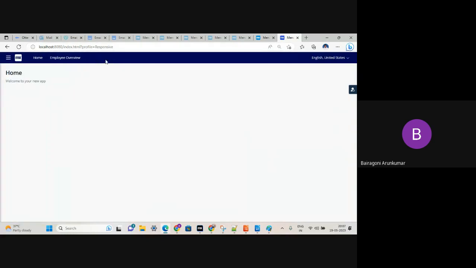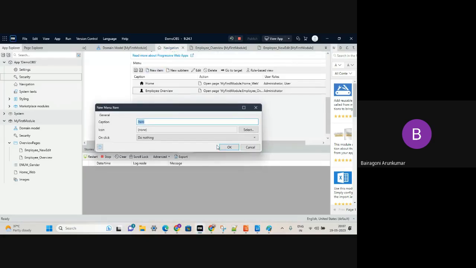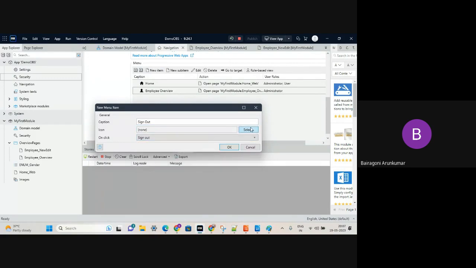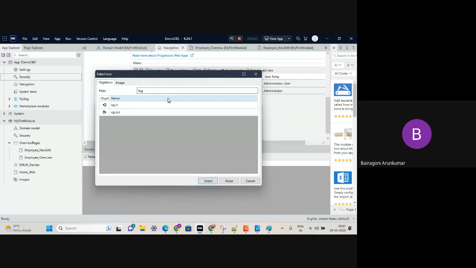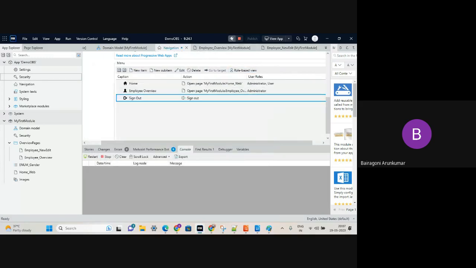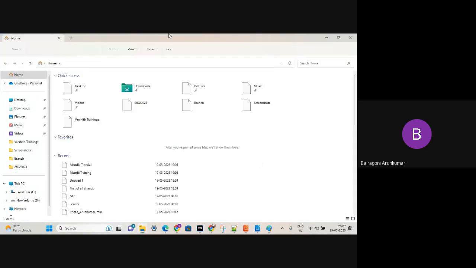Yes, if you want to sign out, go here. You can put a new item, sign out. See here, on click, you can simply call this sign out button. So here you can add some logout image. That's it. Now you will get it. So meanwhile, let it run. I will showcase the